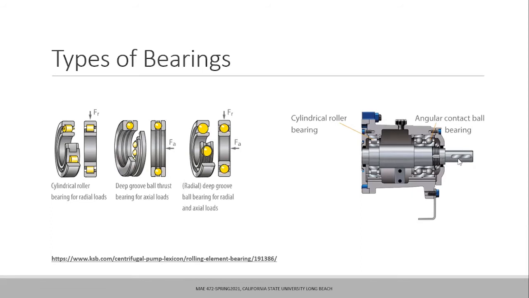For example, suppose you are taking this assembly, and this shaft is carrying a blade or a propeller on this end. The blade is doing some work, or the propeller is doing some work. Because of that, the forces being transmitted are going to be both in the axial direction as well as in the radial direction.